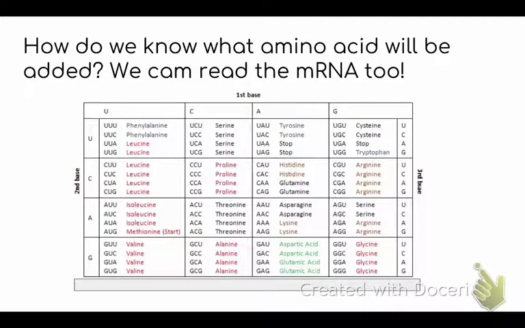So how do we know what amino acid will be added? Well, we can read the mRNA too. I can see there's a typo. This should say can. I apologize. We can read the mRNA too. So we can use this chart to read the mRNA and figure out what amino acid is going to be brought to us. So for example, let's say our mRNA was